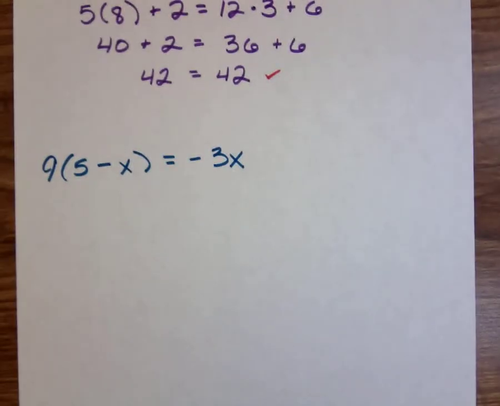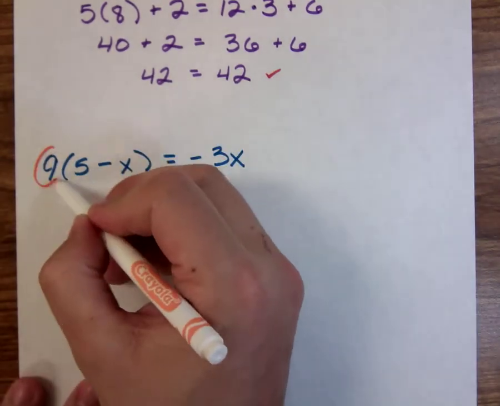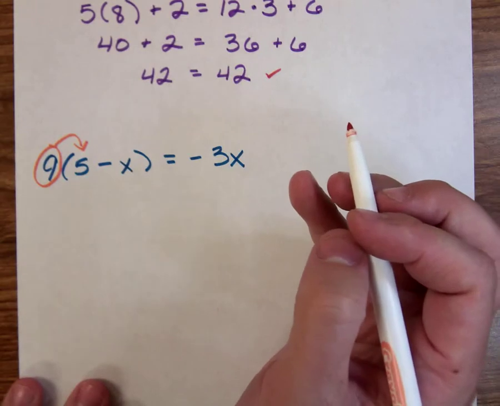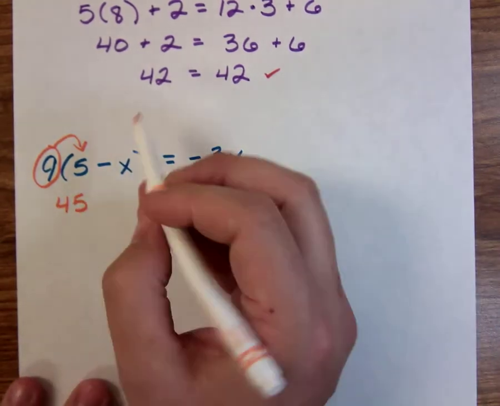What should we do first? Looks like we got a set of parentheses. And what's in front of our parentheses? A 9. So let's do distributive property. 9 multiplied by 5. 45. And then